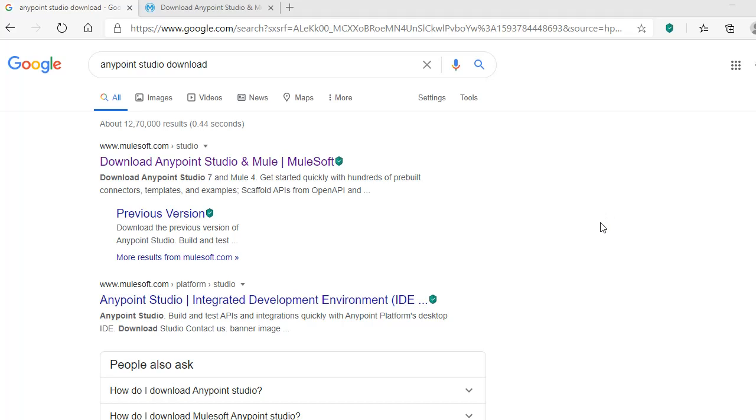Today we are going to discuss how to set up your environment and your laptop in order to work with MuleSoft. This is especially for beginners who need to learn MuleSoft from scratch. To set up our environment and our laptop to work with MuleSoft, we need to do two things. We need to download Anypoint Studio, which is an IDE, an Integrated Development Environment, which is the one we need to work with to do our implementations and our code in MuleSoft.